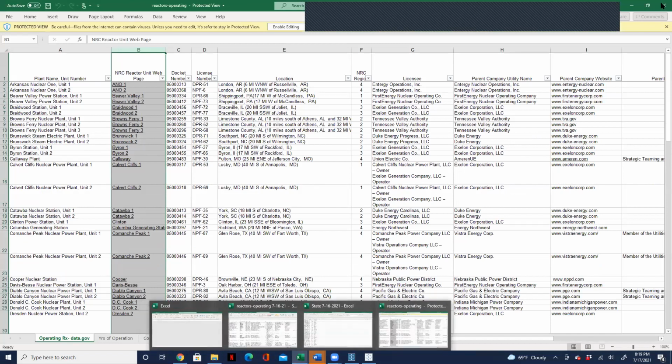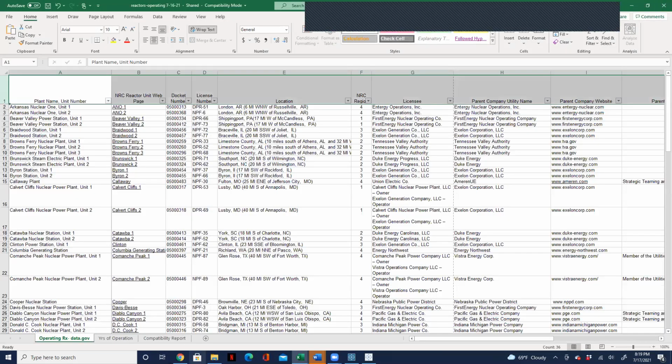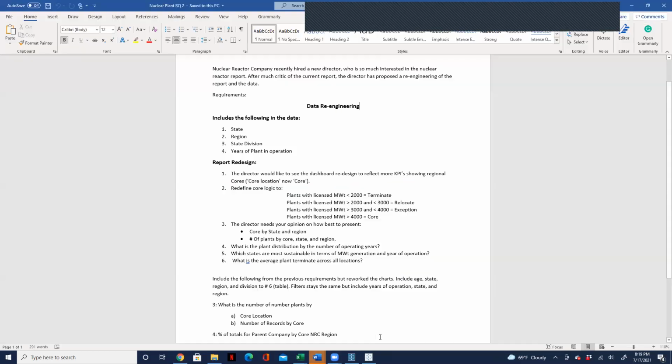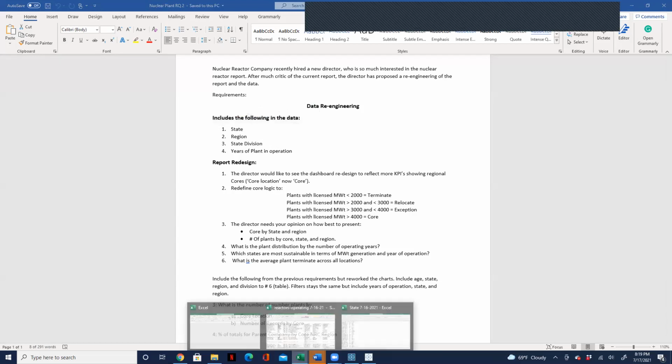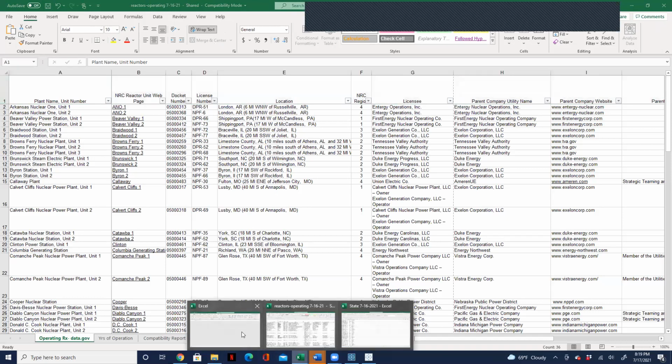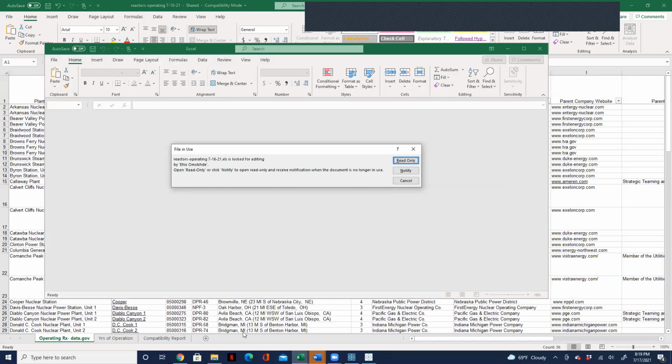Open that again. Let me close this. That we used in developing this first requirement here. Now, because the director wanted to see the states and the region, which we do not have in this data set, we are provided with these two extra data sources.